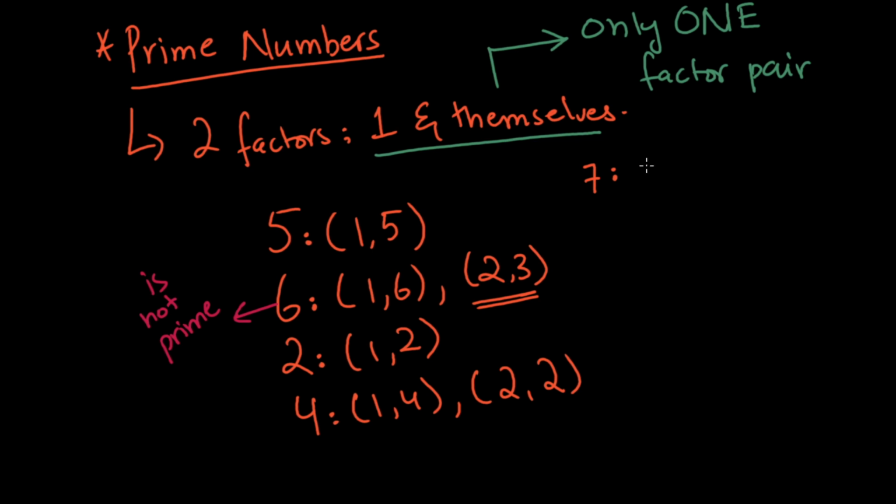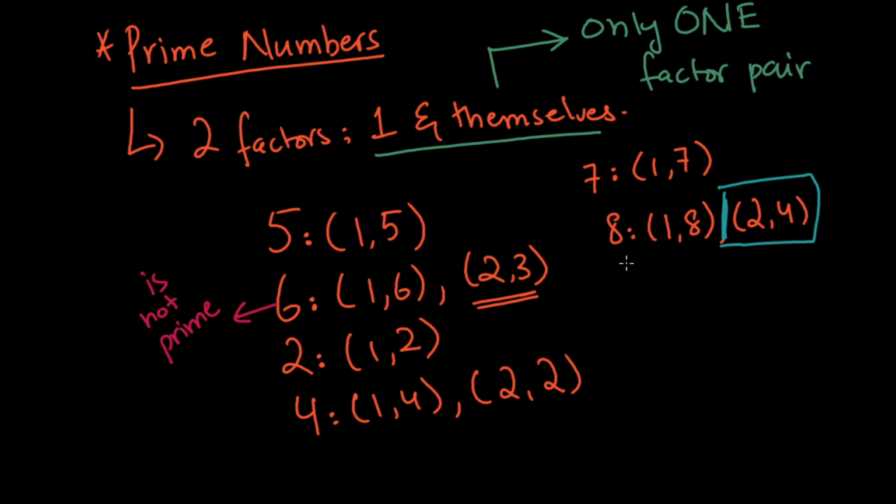So 7 only has 1 and 7. Let's look at 8. So 8 has 1 and 8, but it also has 2 and 4, or 4 and 2, but since it has more than one,